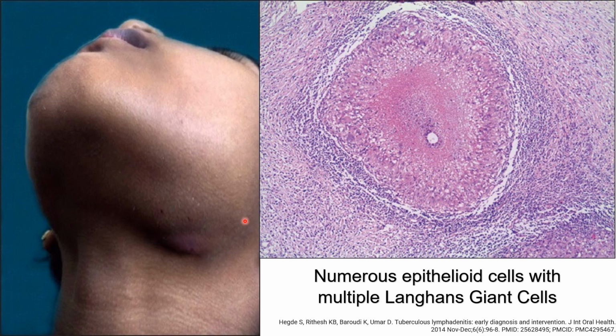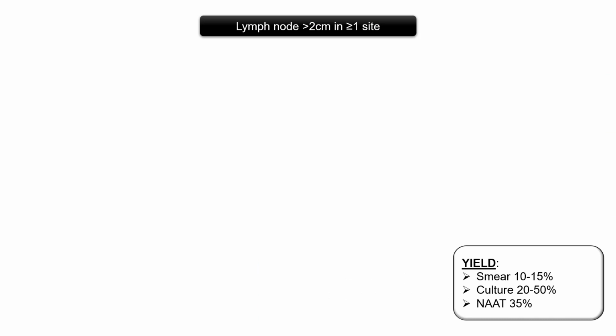See this patient, there is prominent lymphadenopathy in the left submandibular region, and when you perform histopathology in this patient, you can see numerous epithelioid cells and multiple Langerhans giant cells with central acellular necrosis, a characteristic granuloma. So this is a case of tubercular lymphadenitis. So what is the diagnostic algorithm that you follow in tubercular lymphadenitis? Whenever you find a lymph node of more than 2 cm in one or more sites, that means any lymph node more than 2 cm in any site, if you suspect tuberculosis or tubercular lymphadenitis in that patient,